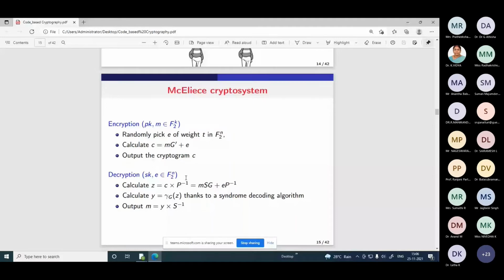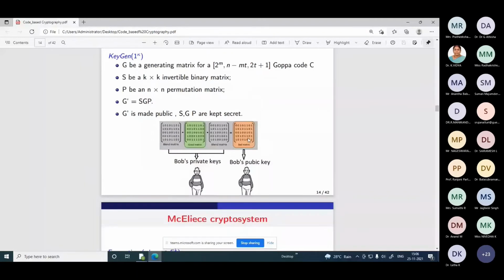For example, Reed-Solomon code, Reed-Muller code, then low density parity check codes, quasi-cyclic codes. All these codes they are applying on the McEliece crypto system. But once they apply the code, though they are hiding it with S, G, and P, you are getting a public key that reveals the structure of the code they are using. For quasi-cyclic and others, even though they are multiplying, hiding the structure with two matrices, the final public key reveals the structure of that code. They are launching many structural attacks.